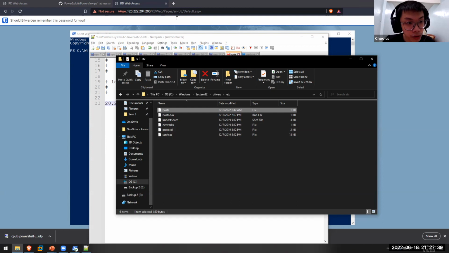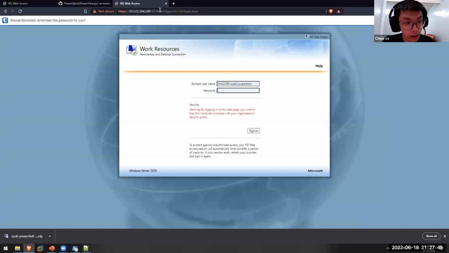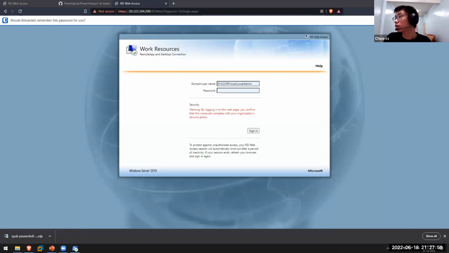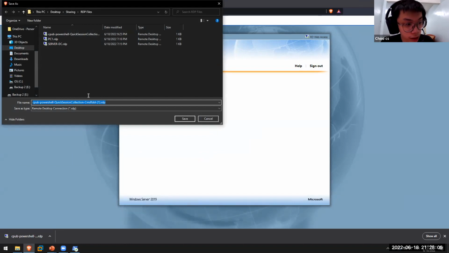Okay, so you need to navigate to this. Let me sign out. You need to navigate to this link, the RD Web, and log in using the credentials that have been sent to you through email. And then let me log in. Then you can see there's a PowerShell program here. You can download the RDP,